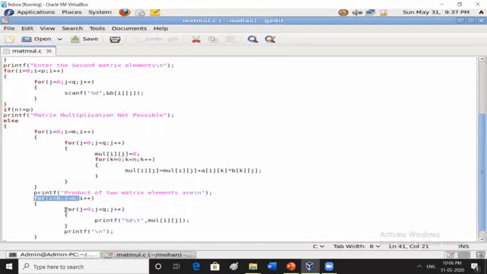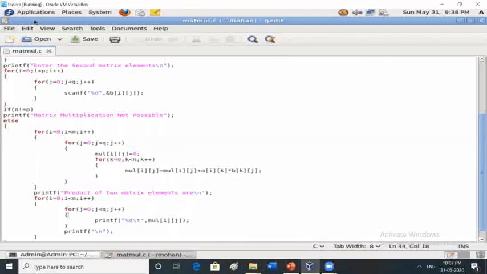So here you need to take j is equal to 0, j less than q, because m is the number of rows of the first matrix, q is the number of columns of the second matrix. So that is one thing you need to take care of while printing. Otherwise you won't get the right output, you will get a false result. m is the number of rows of the first matrix, q is the number of columns of the second matrix. While printing, be careful. This is what matrix multiplication is.